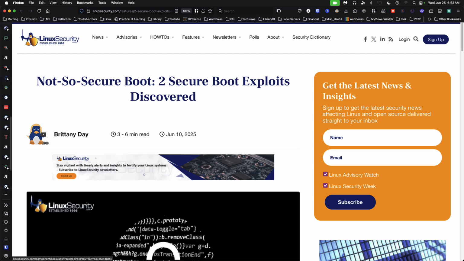CVE-2025-47827, the Linux shim problem. This targets anyone relying on Microsoft's third-party UEFI CA certificate to validate boot components. Attackers with brief physical access can leverage the IGEL shim to load malicious bootloaders or kernel code and bypass Secure Boot protections. To protect yourself, patch your systems, lock down firmware settings, reevaluate Microsoft's signature trust, consider custom keys, monitor